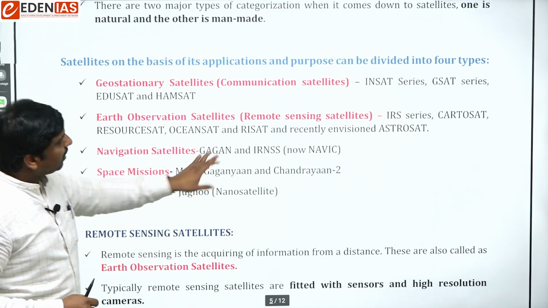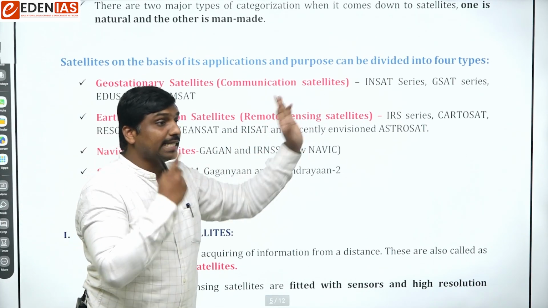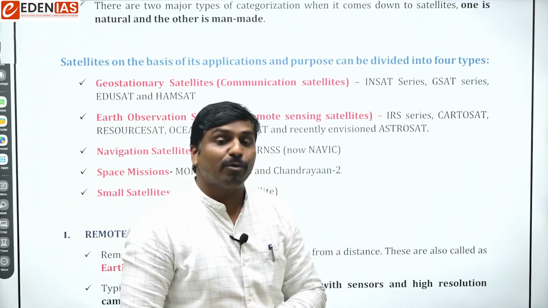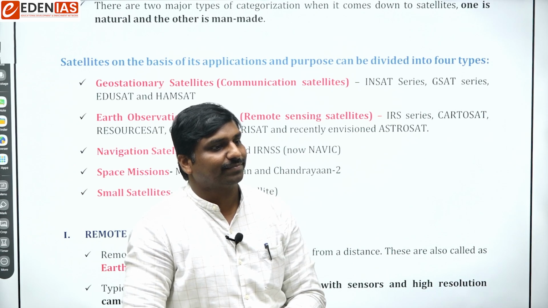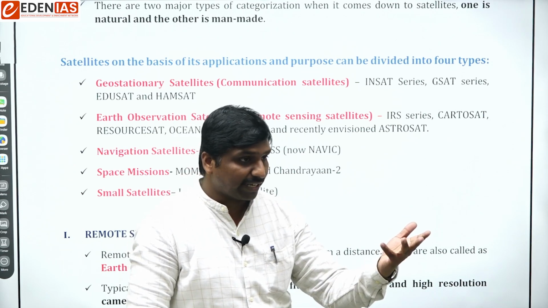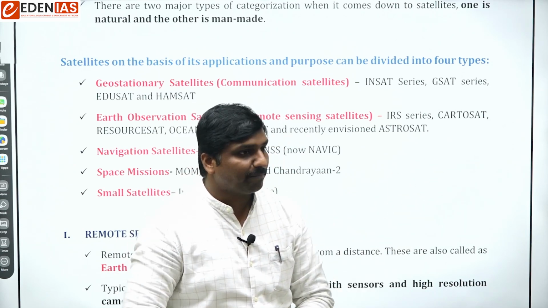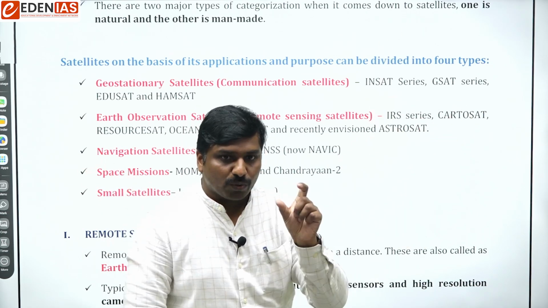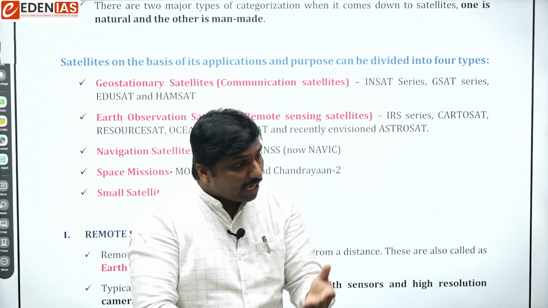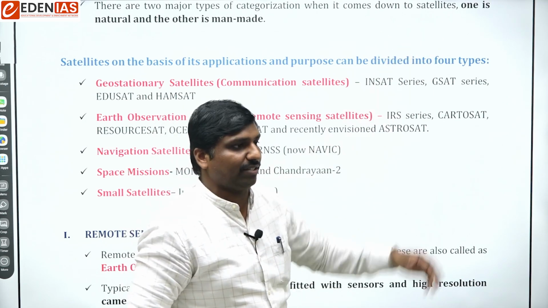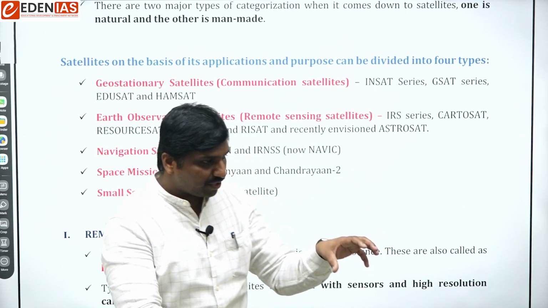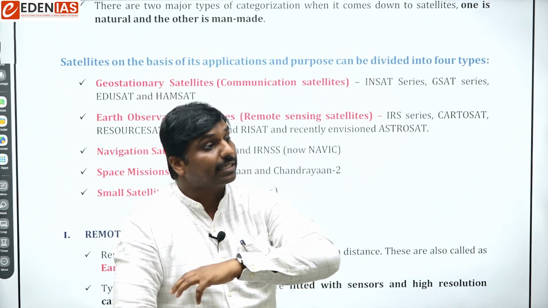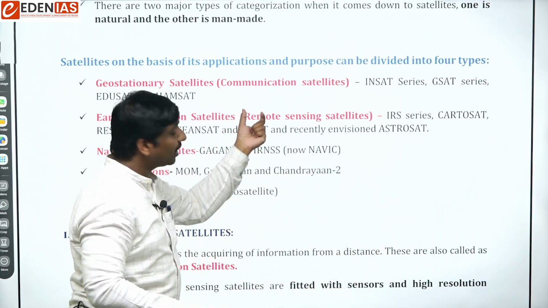Now, there are other satellites called remote sensing satellites. Okay. So what do you mean by remote sensing? Remote means what? Yes, a distant place from one area. Remote areas means far areas. So here remote sensing means when you acquire information from a distant place. You are staying at a distant place and you are acquiring the information. That process of acquiring information from a distant place is nothing but remote sensing.